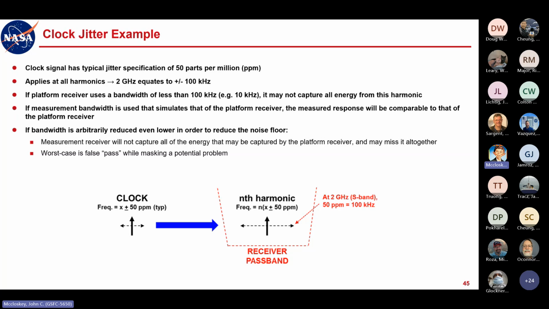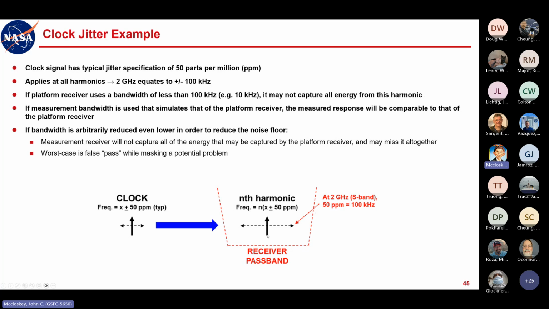Okay, if your platform receiver uses a bandwidth of less than 100 kilohertz, so say maybe 10 kilohertz, it may not capture all the energy from that harmonic. So if the measurement bandwidth is used that simulates that of the platform receiver, the measured response will be comparable to that of the platform receiver. But if your measurement bandwidth is arbitrarily reduced even lower in order to reduce the noise floor, then your measurement receiver will not capture all the energy that may be captured by the platform receiver and may miss